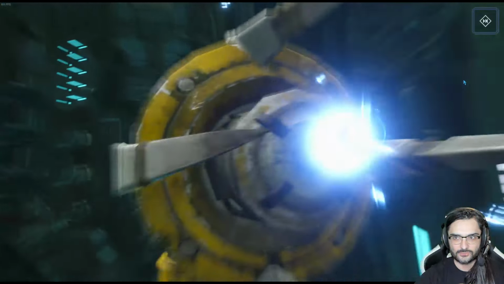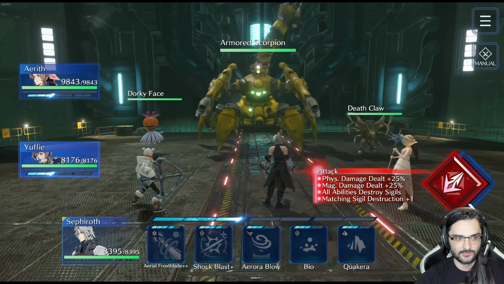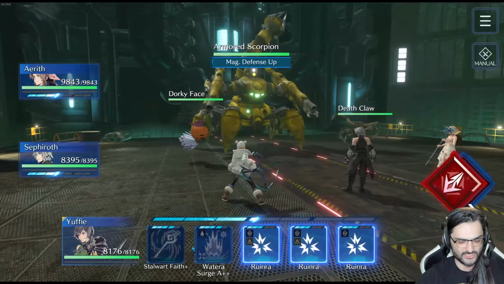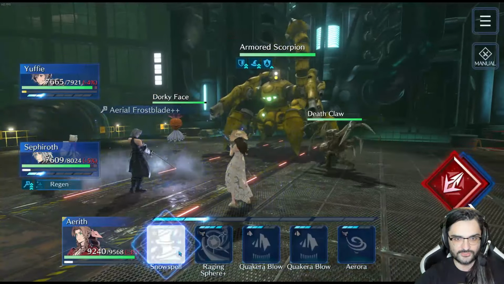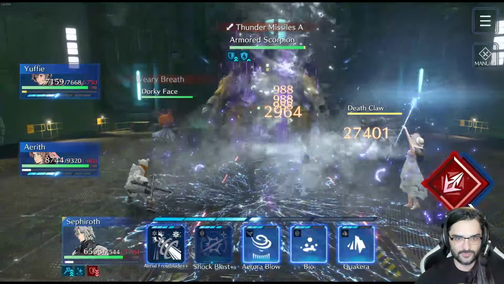So here we go, Mr. Scorpion. So we're not even going to worry about the ads. I'm just going to do everything I can to support Sephiroth, so he'll be doing the most damage he can possibly do. So Stalwart Faith on Sephiroth. Probably going to use the Snow Spell. And then, pretty much from here on out, Sephiroth is just going to be...